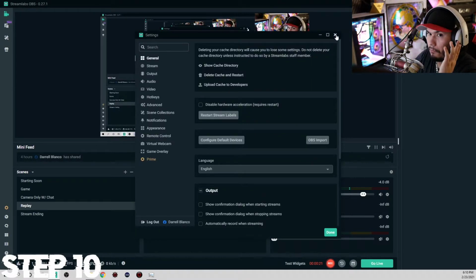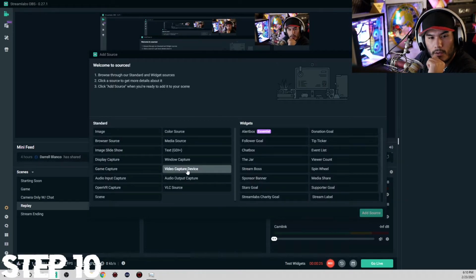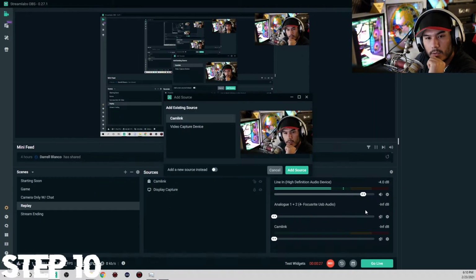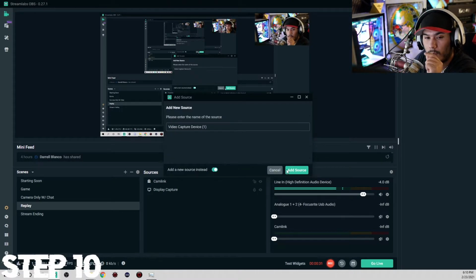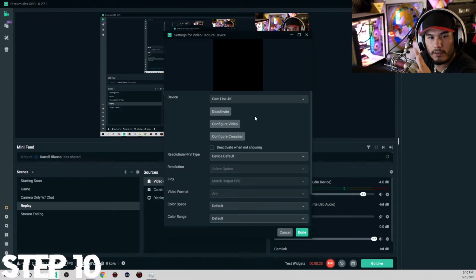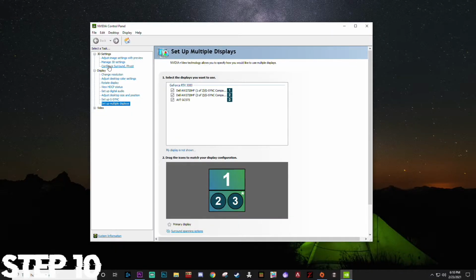You're going to want to go to sources, click plus, and then go to video capture device. Go ahead and click add source. You're going to want to click add new source instead, since it's your first time doing it. You can rename it to whatever, click add source, and then go to device. Click that, and now your capture card should have shown up. Click that, whether you're using Avermedia or Elgato, and click done,